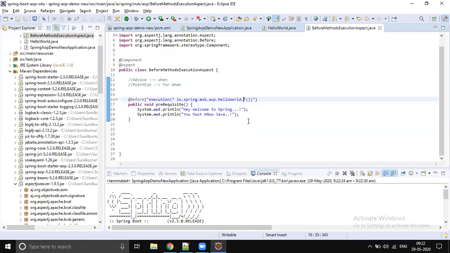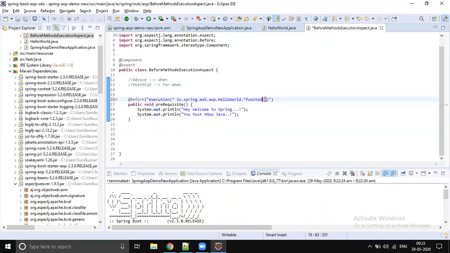Any method. For example, if you want to execute a method which starts with say hello, you can say hello star. The methods starting with say hello will get executed. If you would like to execute methods ending with function, you can say star function.